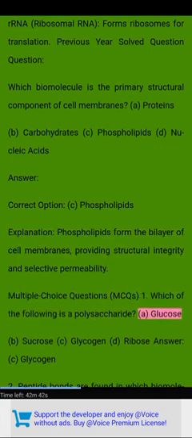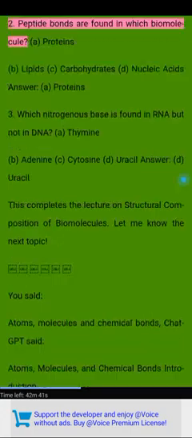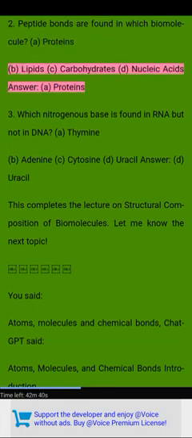Which of the following is a polysaccharide? A. Glucose. B. Sucrose. C. Glycogen. D. Ribose. Answer: C. Glycogen. 2. Peptide bonds are found in which biomolecule? A. Proteins. B. Lipids. C. Carbohydrates. D. Nucleic acids. Answer: